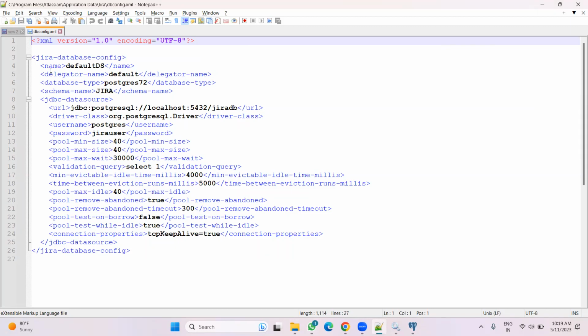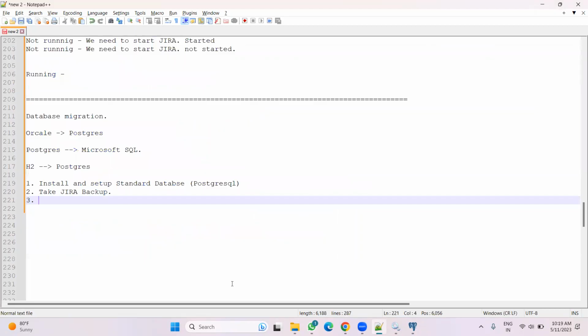This is the total content. So it means when we change the database details in the config file, this dbconfig.xml file will also be automatically changed. And if you edit this dbconfig.xml file, the same will be changed in the config.windows file also. So wherever you are comfortable, you can. If you are comfortable to edit the dbconfig XML file, you can. If you're comfortable to do the changes in that config file, that is also fine. Okay, so we have two processes. Okay, so once the connection is done,